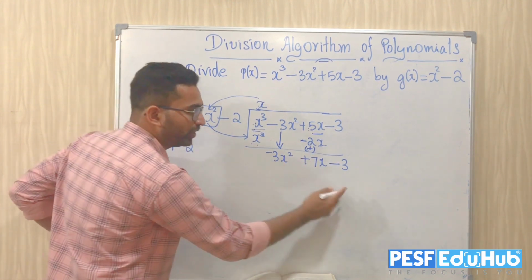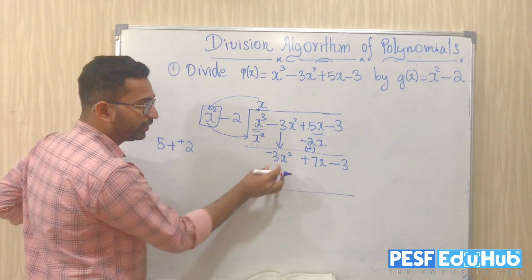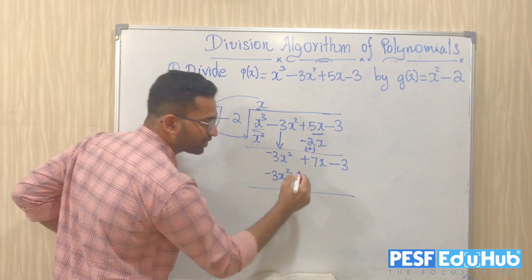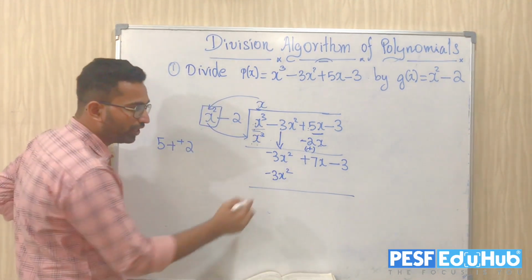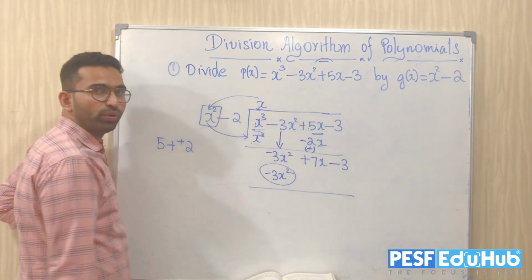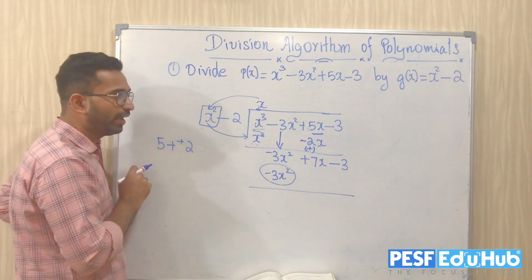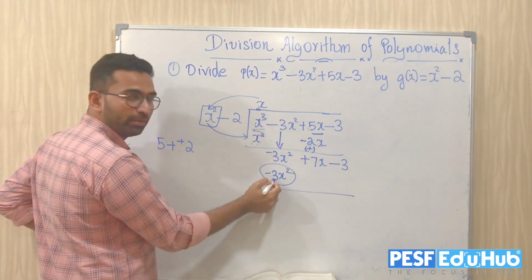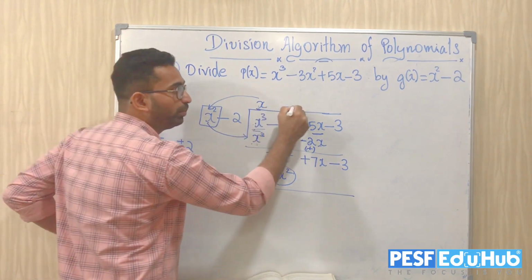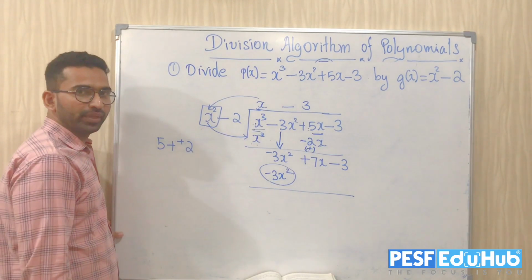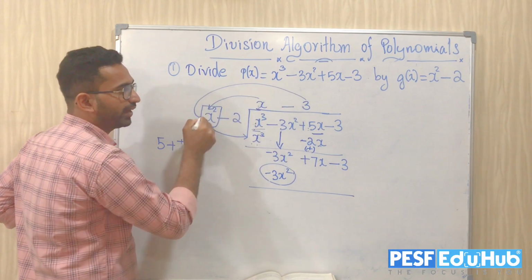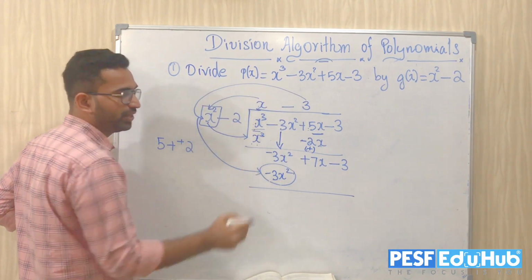It means when we move from this step to the other step, what should happen? This minus 3x square should disappear. It means I should write here minus 3x square, right? So in order to get a minus 3x square over here, what should I write at the place of the quotient? So just think what we have to write here. I have to get a minus 3x square. X square is already there. It means there should be a minus 3. Am I right? When you multiply minus 3 with x square, definitely you will get minus 3x square.